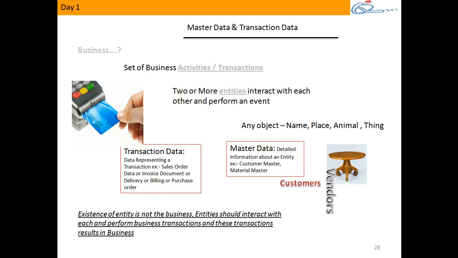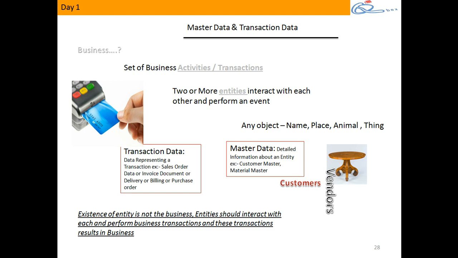Now what is a transaction? For example, he was telling me buying and selling. When I ask him what buying means, he says I just buy some product from some supplier for some price. If you look at this definition, there is a supplier, there is a product, and the shop owner. These three are interacting and performing an event, and that's what we refer to as a transaction. Each supplier is one object, one entity. Product is one entity. Shop owner is one entity. These three entities interact with each other and perform an event, which we refer to as a transaction.